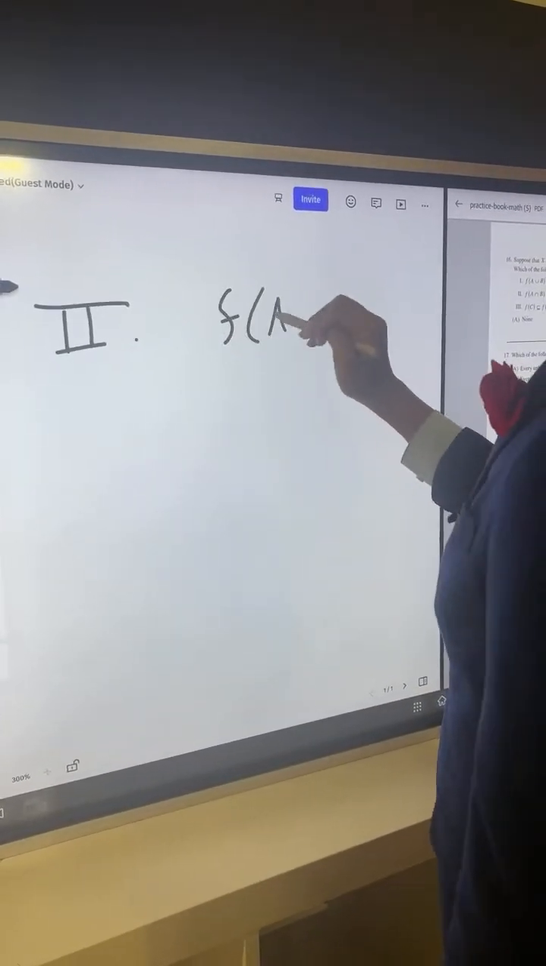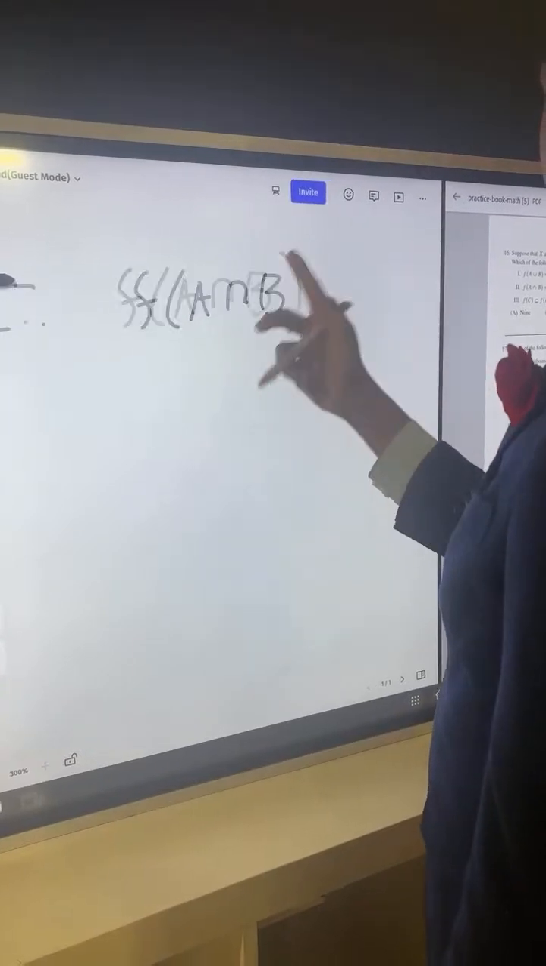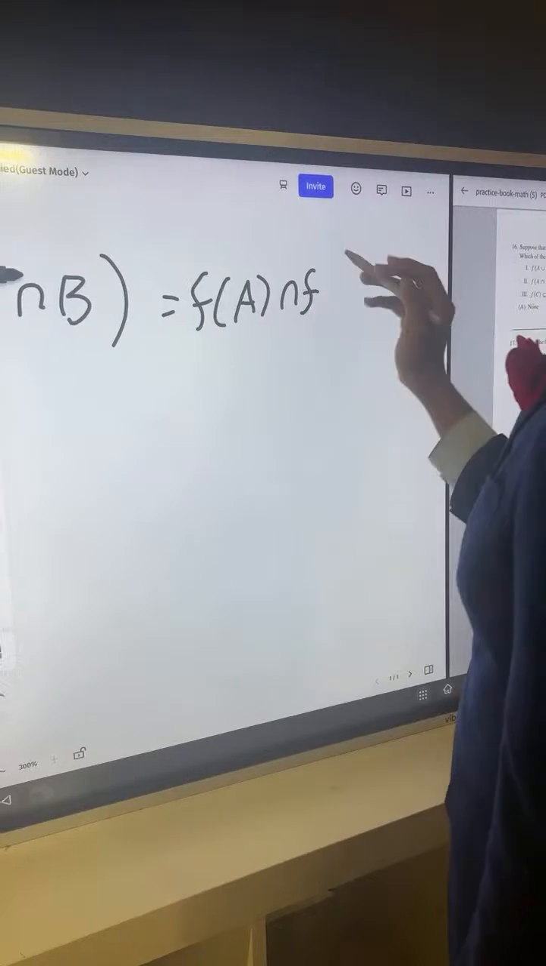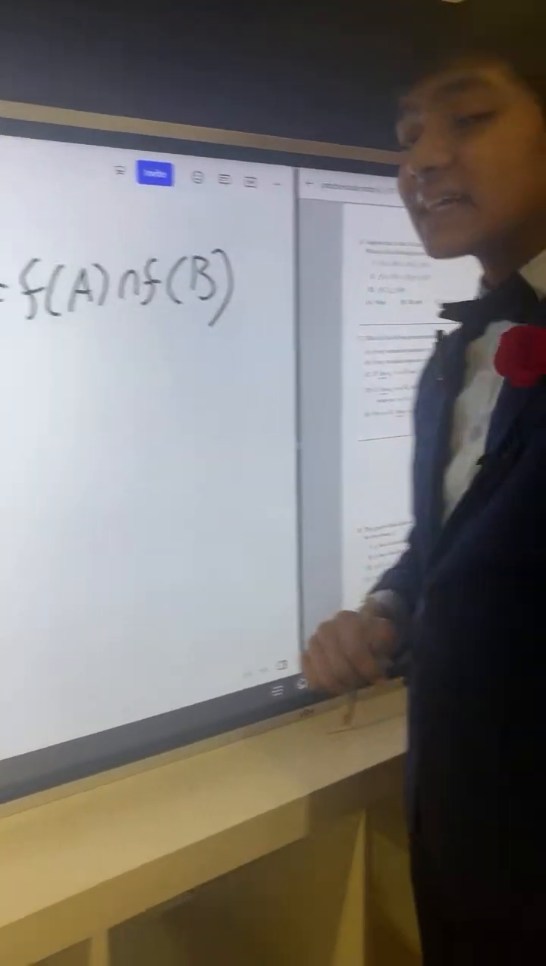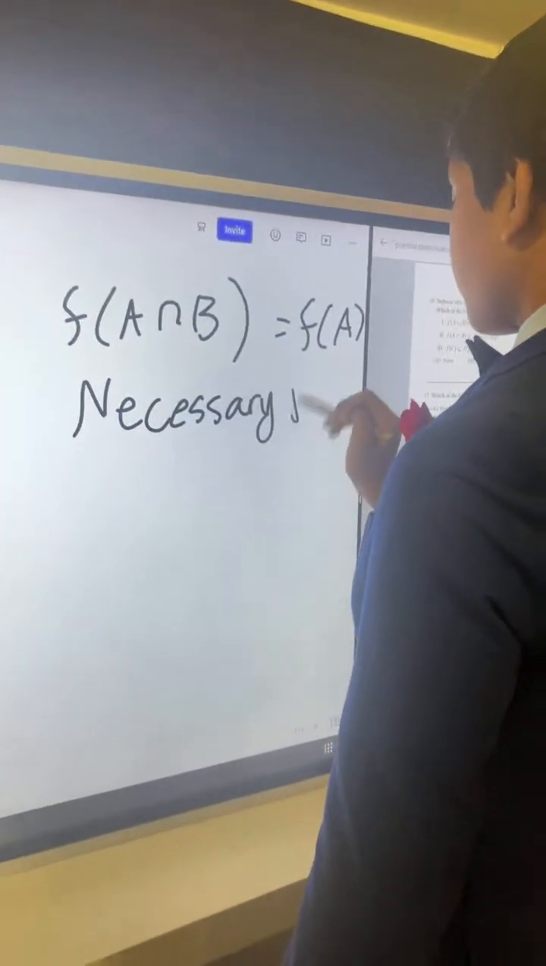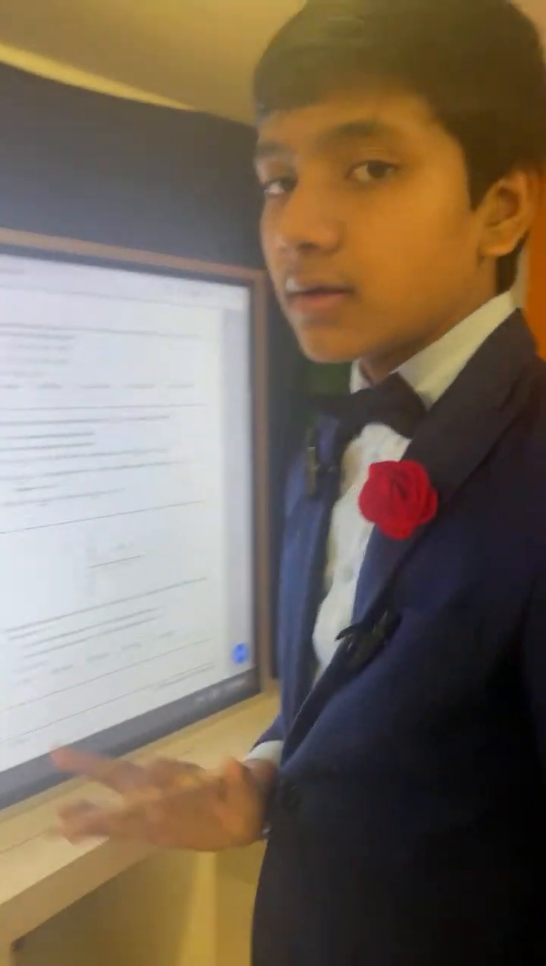f of a intersect b is equal to f of a intersect f of b. Now, when I was actually doing this during the timed practice GRE, I opted to do only the necessary proof, but not the sufficient one. So,